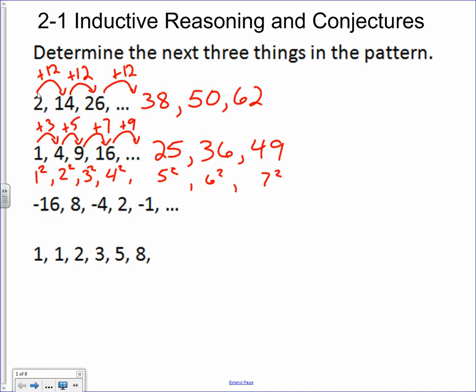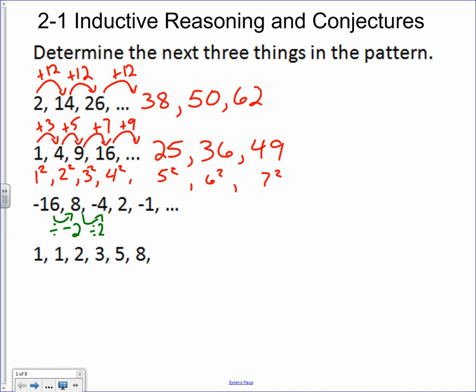For the third pattern here, we are doing something over and over again. The first thing that hopefully you would have noticed is that we're going from negative to positive, to negative, to positive, to negative. And since we're doing that, while we're actually decreasing the number itself, hopefully you recognize that we are dividing by a negative number, and that negative number is 2. We divide by negative 2 again, we get negative 4. Divide by negative 2, we get